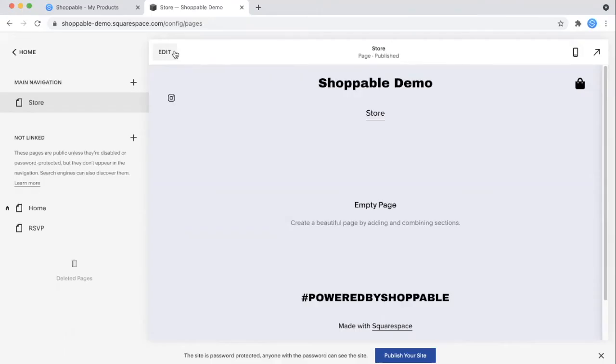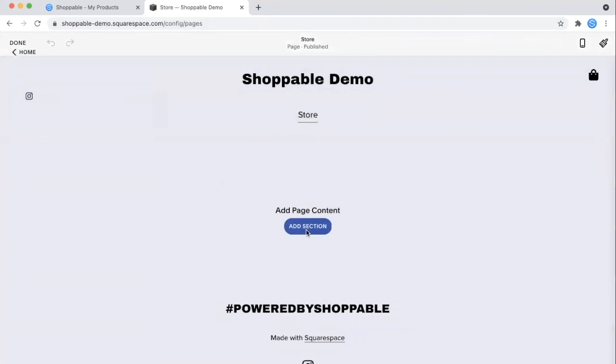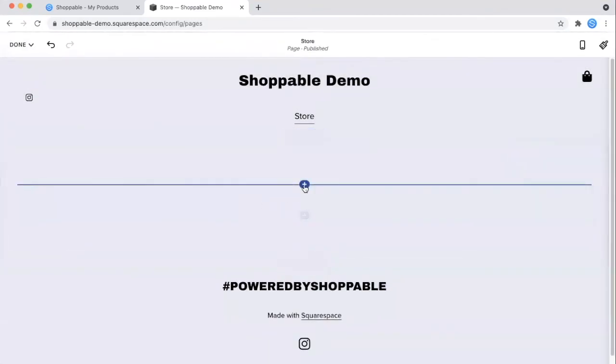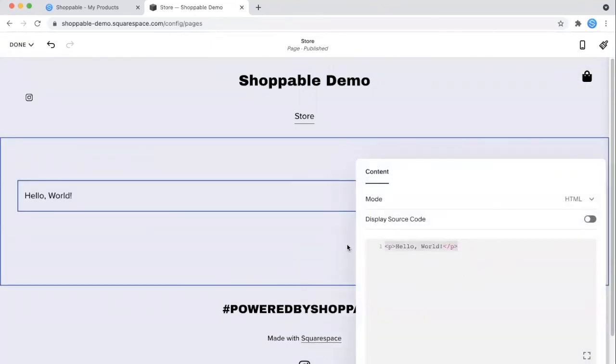Welcome back to Squarespace. So now what we're going to do is put our products in the form of a buy button onto our Squarespace website. So I'm going to go into edit the page, and I'm just going to add a section because that is what it's required to do. Nothing too crazy, just add a blank. And now where it says text is where I'm going to add our product. Okay, I'm going to inject the code. I'm just deleting what's here and putting what I just copied